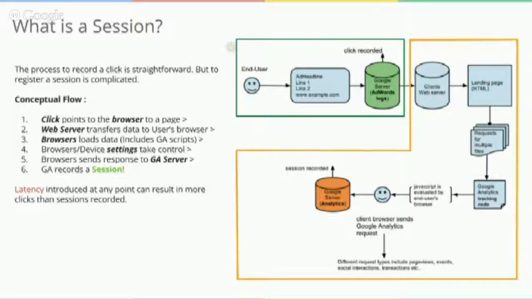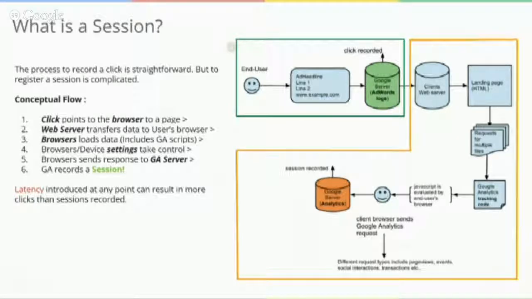One of those components is the GA script. The GA script itself is controlled by the settings of your browser and your network settings. And if that allows you, and a good chunk of people also have tracking turned off, a response goes back to a GA server, and that's when we record a session. So at a high level, it's a much more complicated, more qualified metric compared to a click.